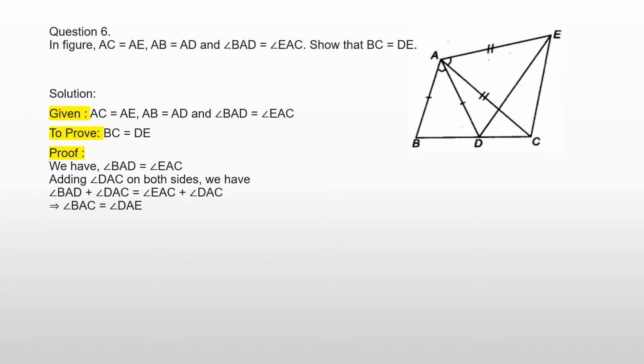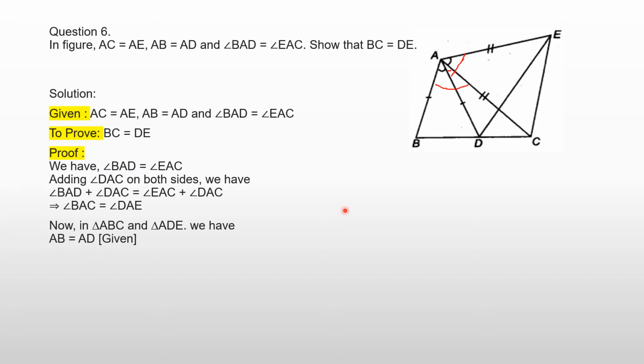So just see, when we need BC, then we need this complete angle. And for this also we need this complete angle. For completing the angle, we need this additional one. Because we have to complete that angle, so we are adding that portion. Now see, when we have added this angle in that one and that one also, then BAC, this complete angle, is equal to DAE. Okay, now we will utilize it for proving the given statement.